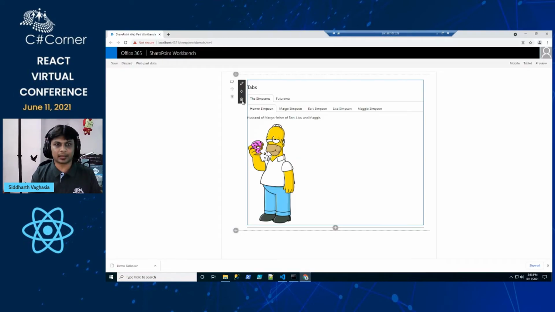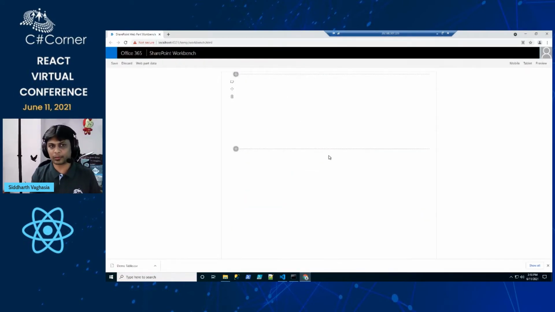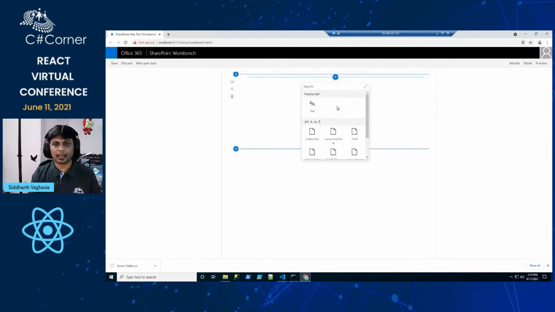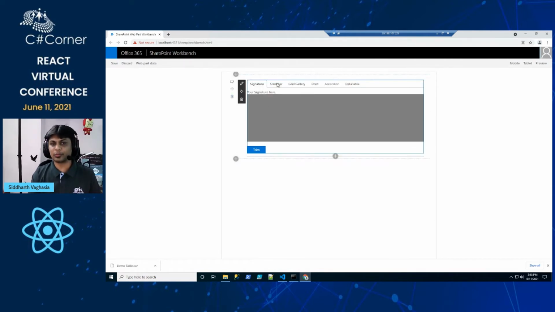To show all the components which we are going to see in this session, I have created a main web part, which is basically a tab web part, and all the components are loaded as a part of the tabs. I wanted to highlight the idea that we can't only use individual React libraries individually. We can club different libraries and components and build a solution around them, so that each component works on its own, plus it can work combined as a solution.